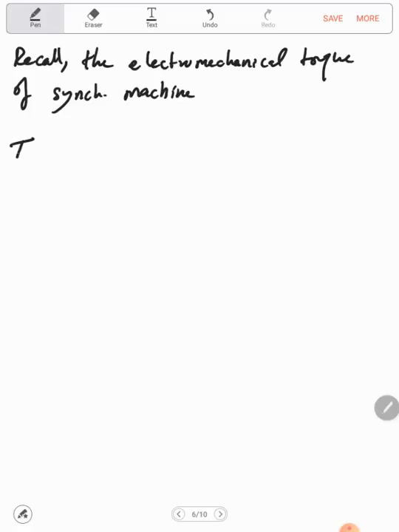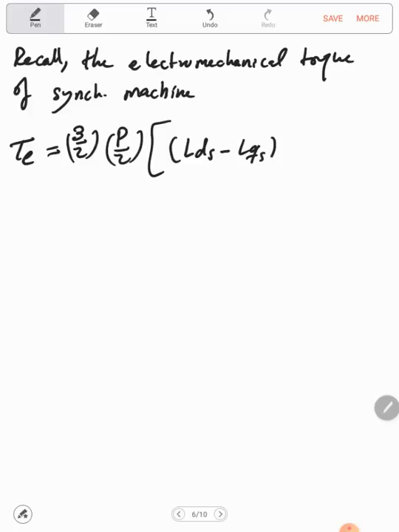Now Te was equal to 3 over 2 times P over 2, and here I'm having three terms for the torque. The first one is the (Lds minus Lqs) Ids Iqs, plus the second term was the field torque, which is the Lmd Iqs Ifd dash,